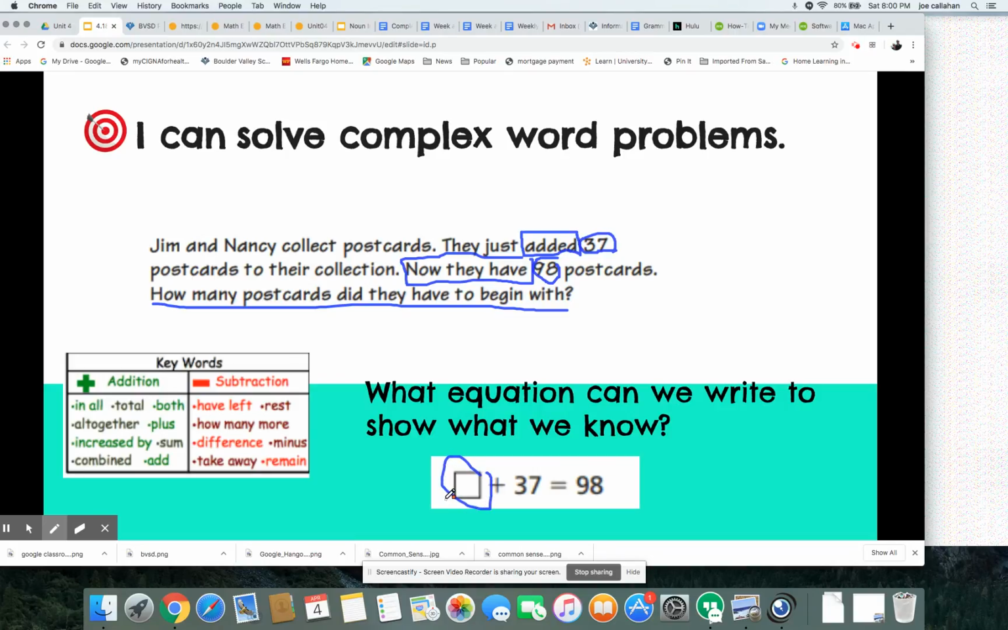Think about the strategies you know and the strategies you're comfortable with. We are missing our addend we're starting with. We add on 37 more, and we know we get to 98. I'm going to give you a clue. Addition and subtraction are opposite operations. So just like if you know a math mountain or a fact family that looks like this,